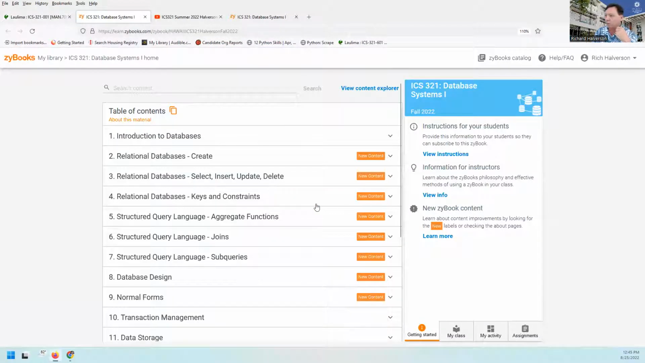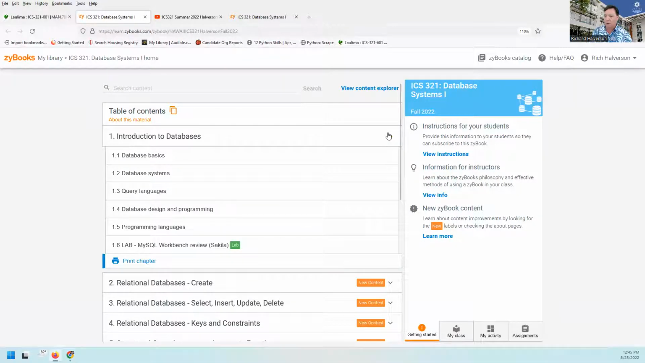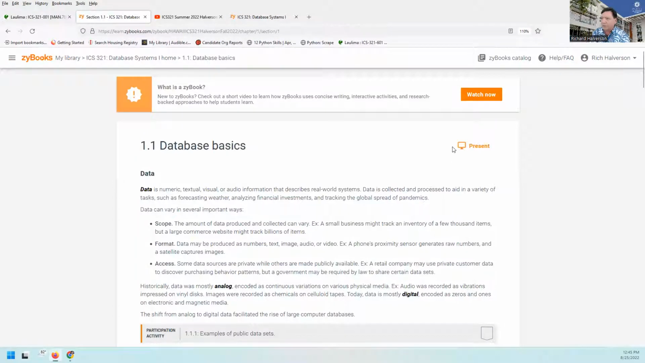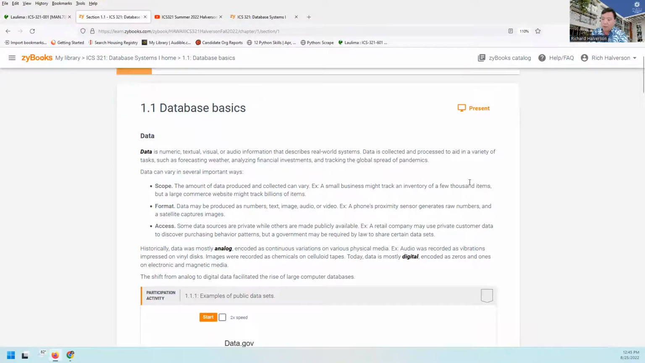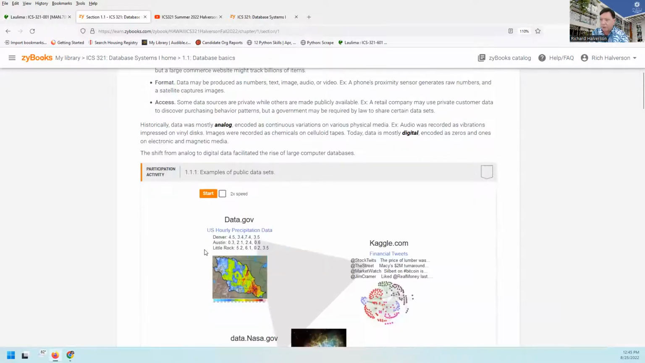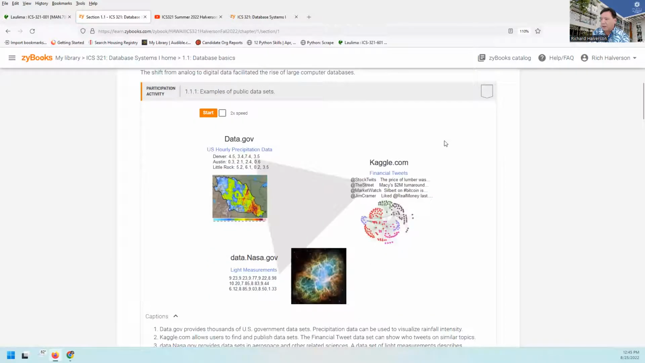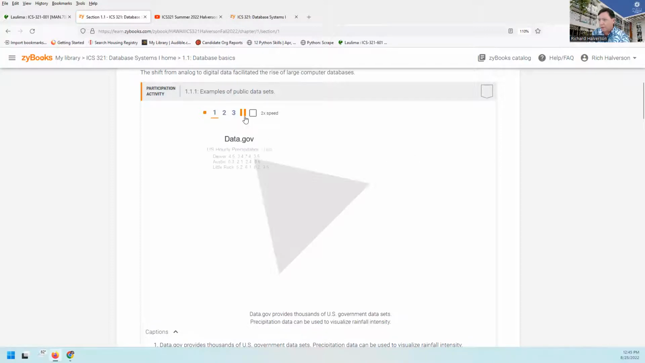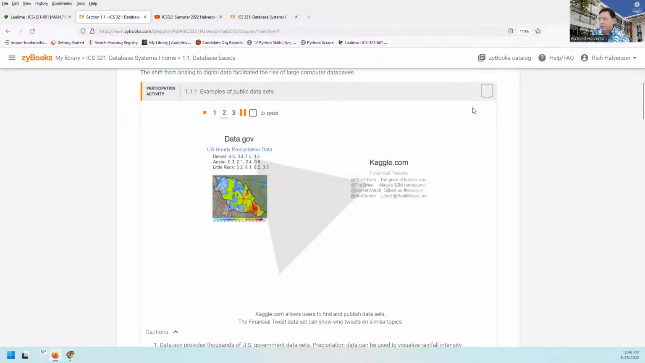Let's get started here. The first section of the first chapter, you can watch this video on what these are all about. There are participation activities, and participation activities just means clicking through them. You just click through them, and you pay attention and you watch and you click, and when you're all done,